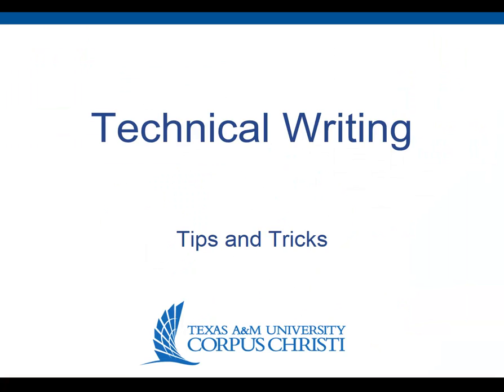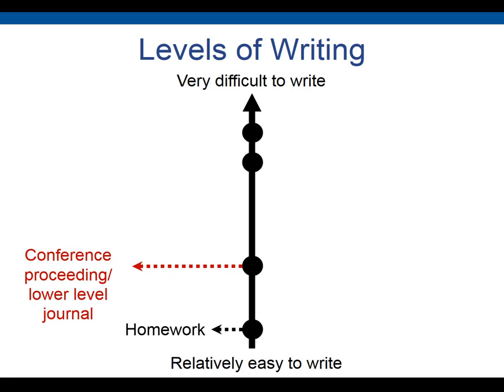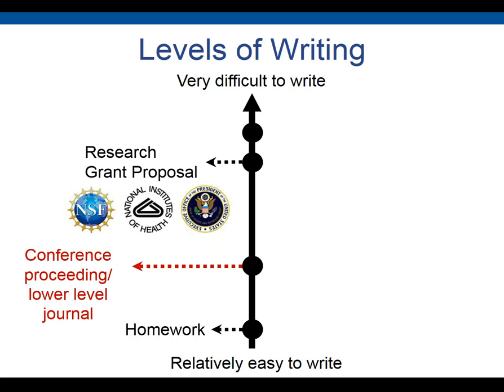Alright, then let's go to the writing part, tips and tricks. I think there are levels of writing. At the bottom is easy to write, and the top is very difficult to write. So what is the easiest one? Your homework, conference proceedings, some low-level journal papers. Those are relatively easy. But what is the highest one? Oh, a research grant proposal is very difficult because